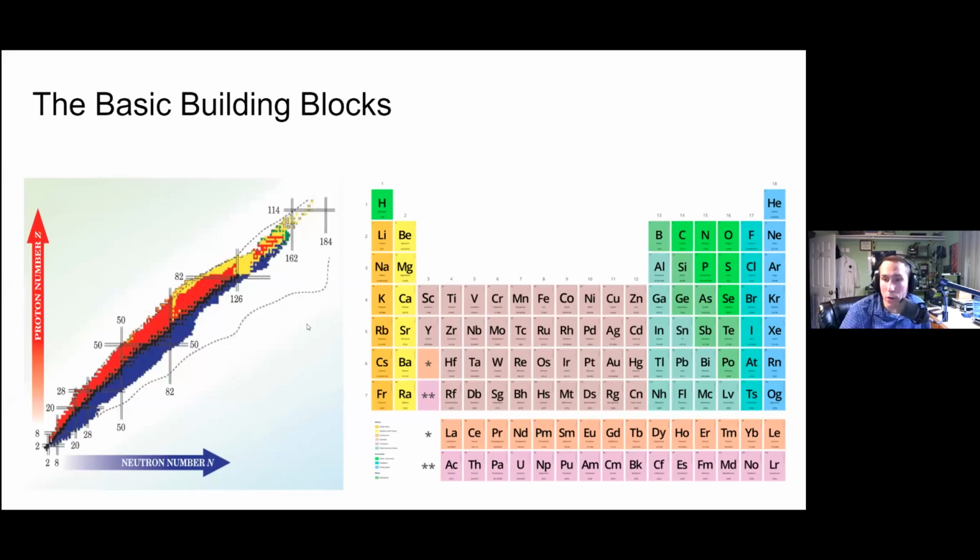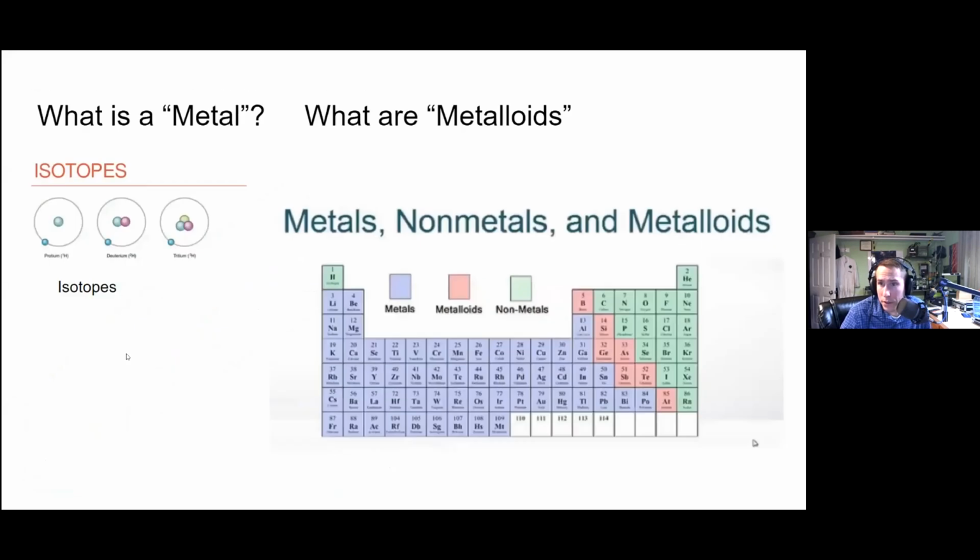But regardless of how it all works under the hood, we still have the same building blocks for our universe to build with. So these are the isotopes. All these elements are just this black line right through the middle, and then there are all these isotopes on either side, showing which are stable. Some of these aren't stable, and the further you drift off, they just don't even exist. But this is everything we've pretty much mapped out, all the way up to these higher elements, which we're still mapping out.